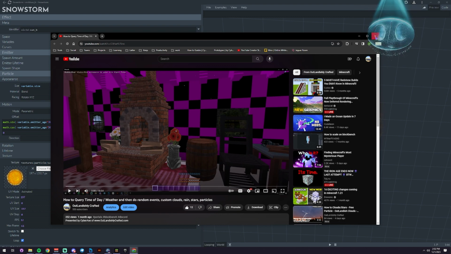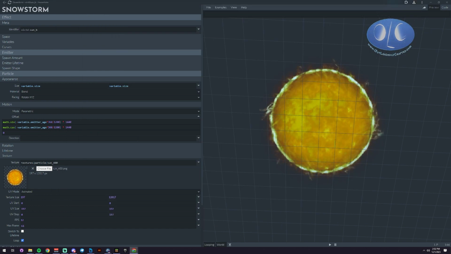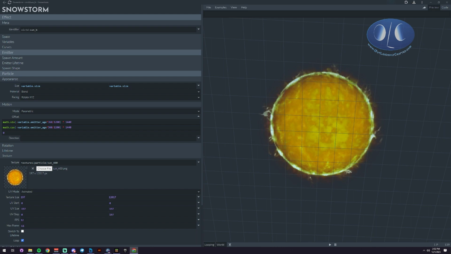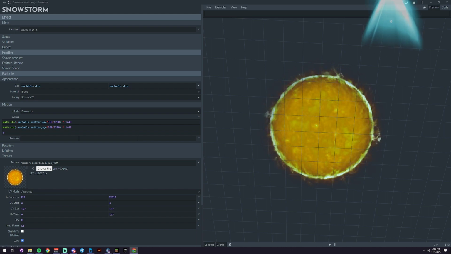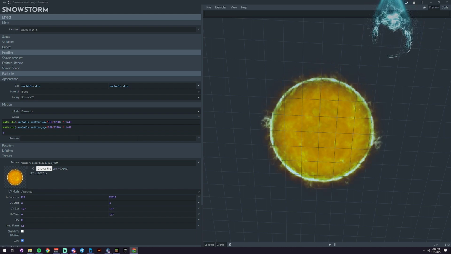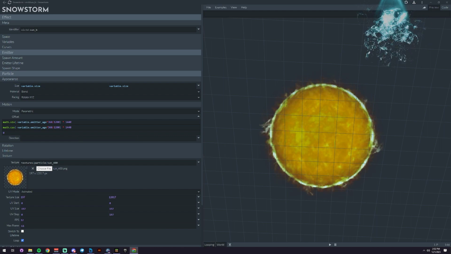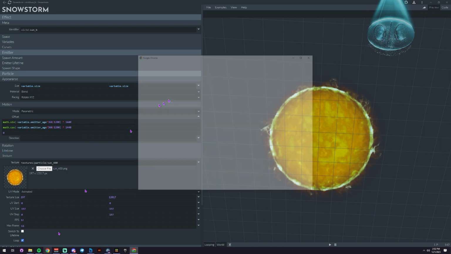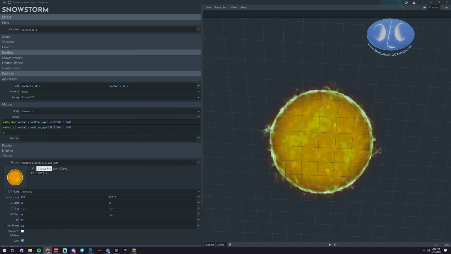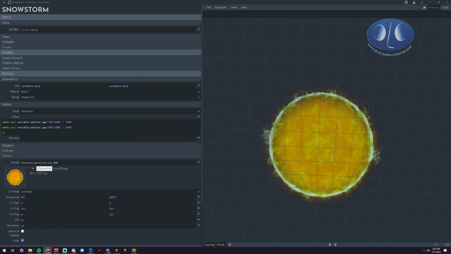One of the questions was, well, what about multiplayer? Would it work in multiplayer? What I would suggest you do is jump over to Google and look up the queries and see if you can find a query for